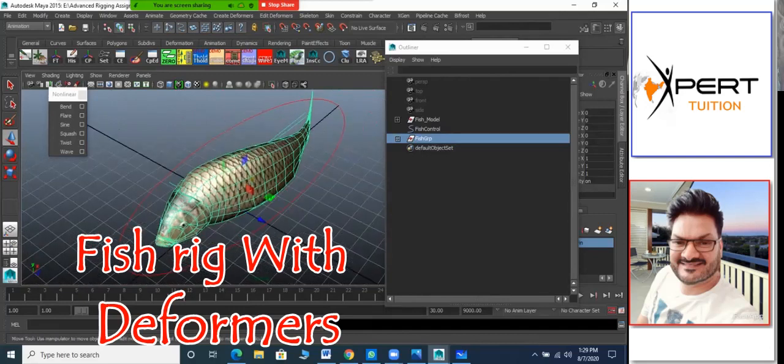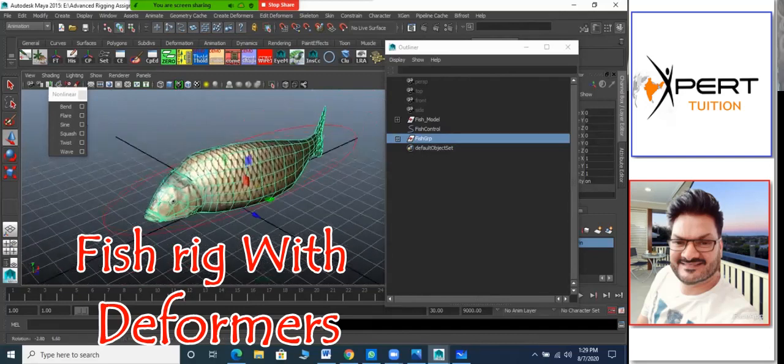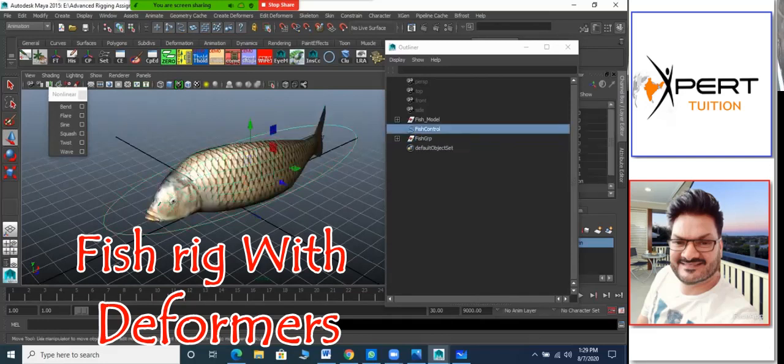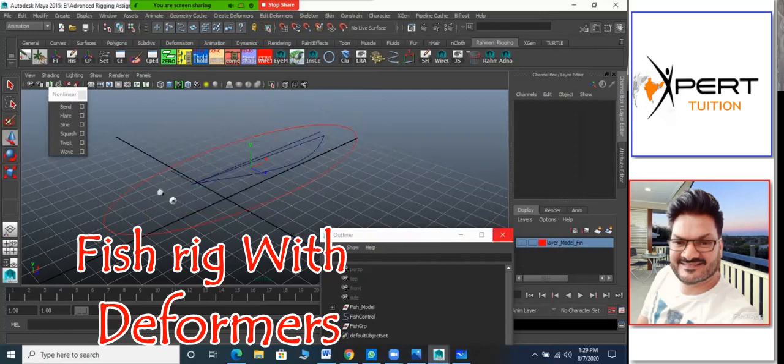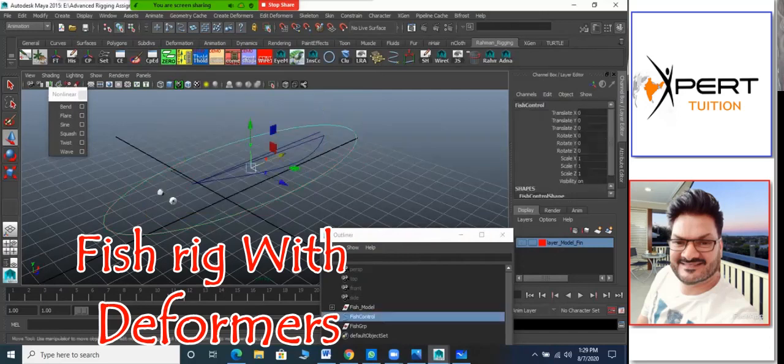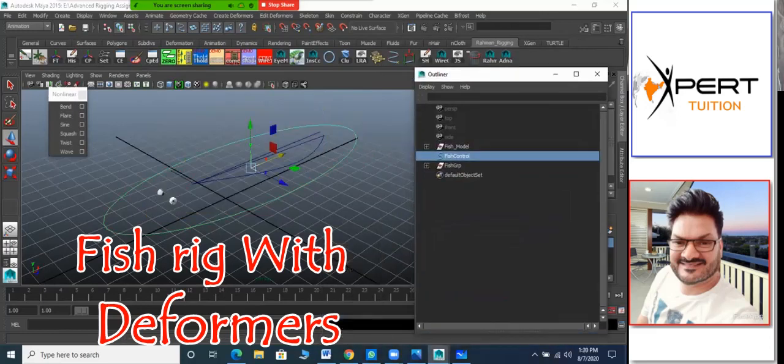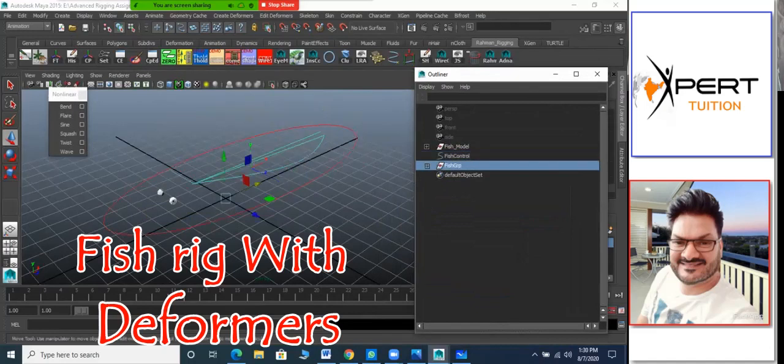So what we can do, this pivot got created here. I want to shift this pivot to this control pivot. So we can go and switch off the display local rotation axis for this. So here's the axis for this. For now, I'll just turn off the pieces so we can see directly. Okay, this is the control. And the group what I created, that pivot is lying here. So this pivot, I need to move it here. So it will scale in the proper manner.